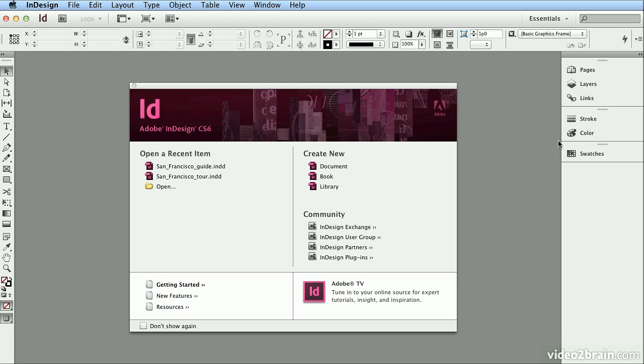This is InDesign's workspace. You'll notice across the top your menu bar. This is your application bar. It begins with ID for InDesign. There's an icon to switch to Adobe Bridge, which allows you to manage files, run scripts to Photoshop, see larger